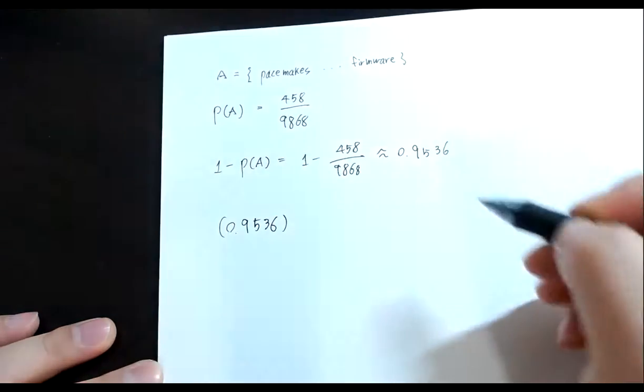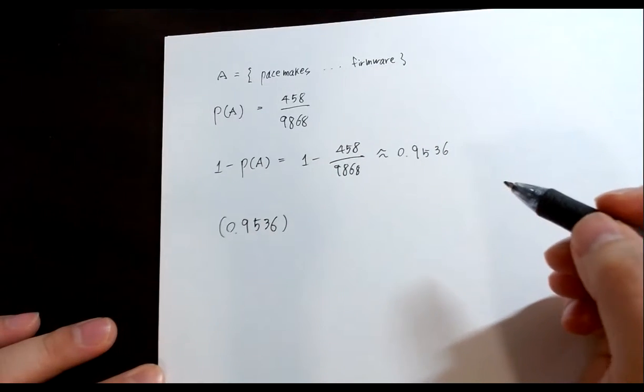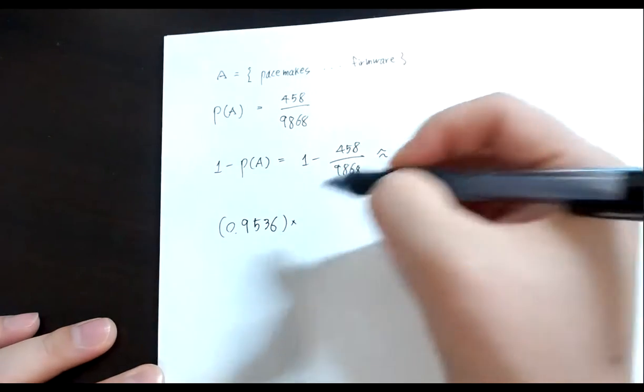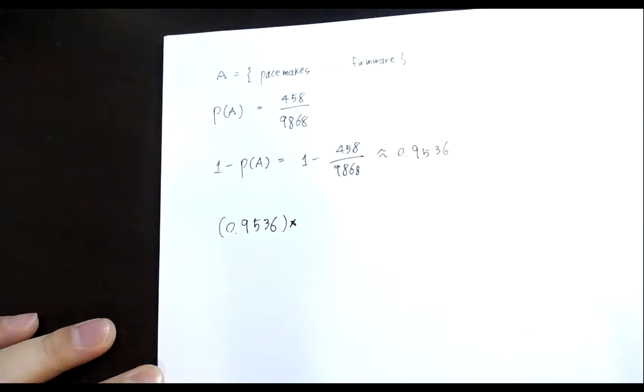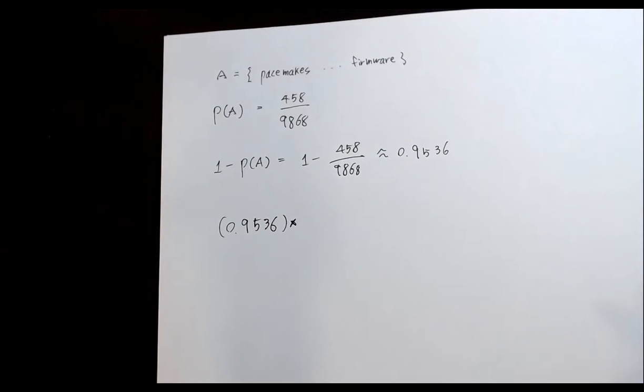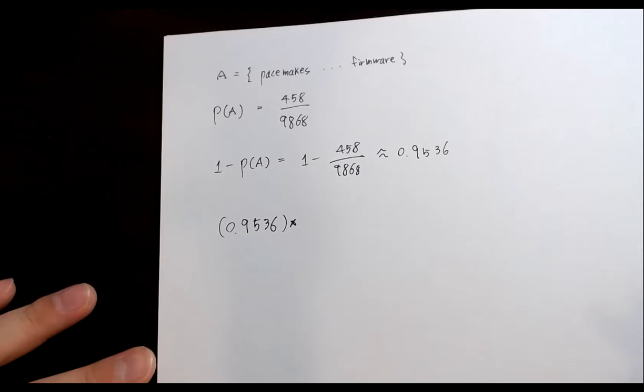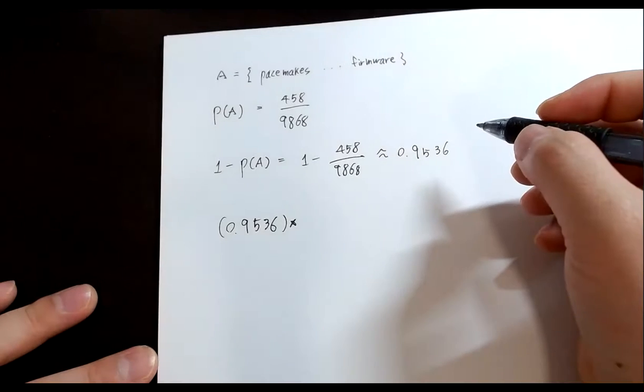And then for the second selection, the second pacemaker randomly selected, not caused by the formula, is going to be